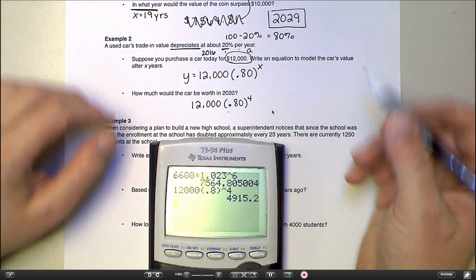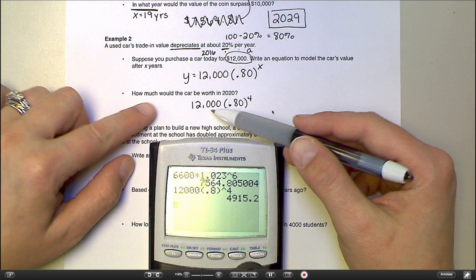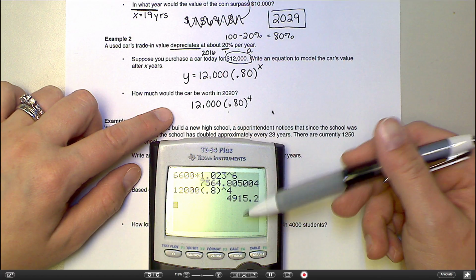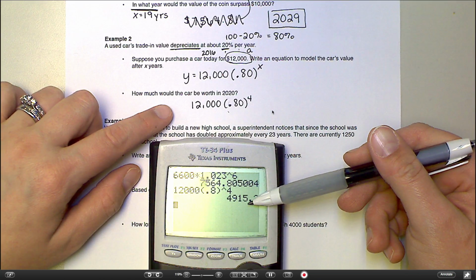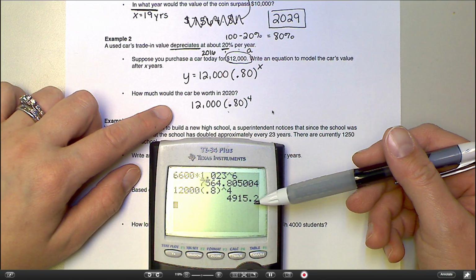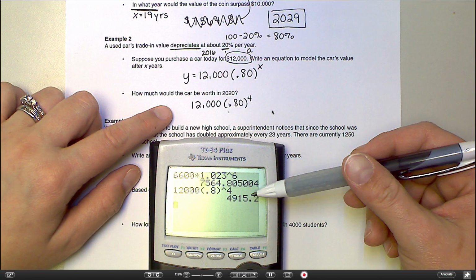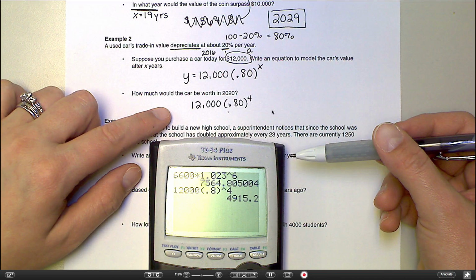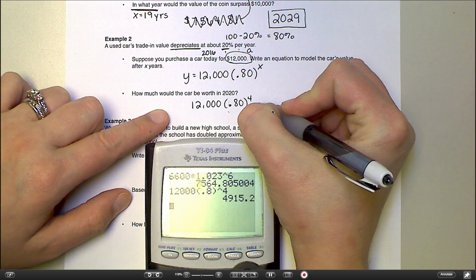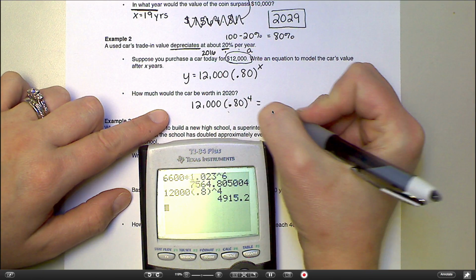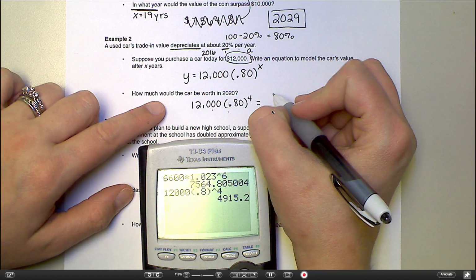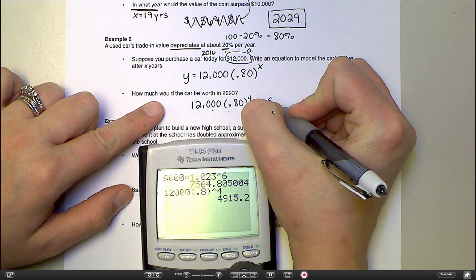And I really want you to think about your answers. Is this a reasonable answer? You're losing 20% every year, so it's going to go down pretty quickly. But if you got a tiny decimal, like pennies, hopefully your $12,000 car is worth more than pennies 4 years from now. And also, if you got a number that was bigger than what you started with, you might know that you made a mistake somewhere because you're supposed to be depreciating. So this is a value of